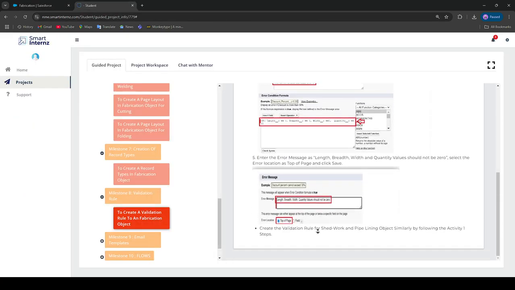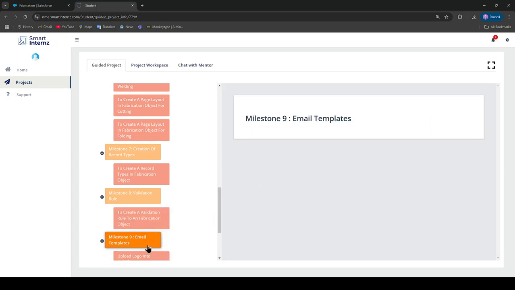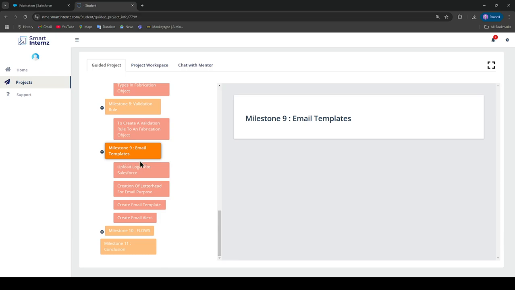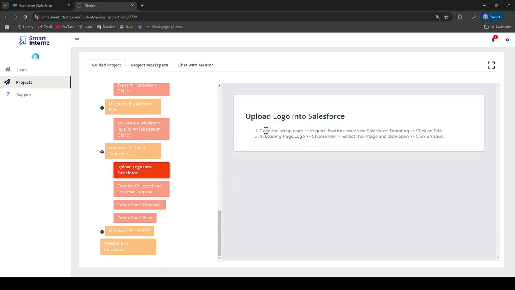Likewise, we need to create it for SetWorks and the pipelining object similarly. Let's move on to the next milestone: upload the logo onto Salesforce. In the setup page, in the quick find box, search Salesforce branding. In the loading page, choose a file and select the image. So I already provided the image